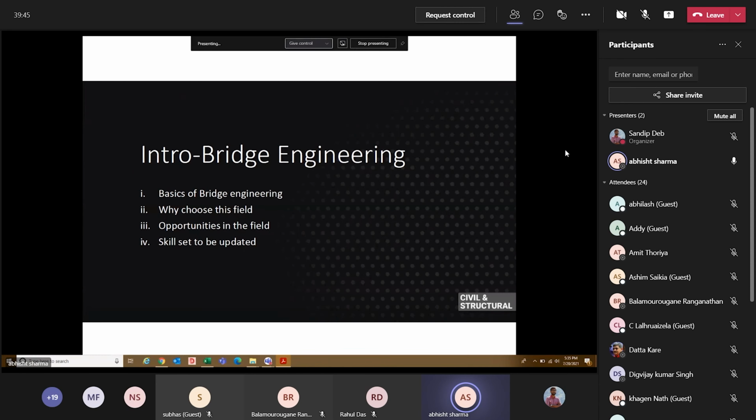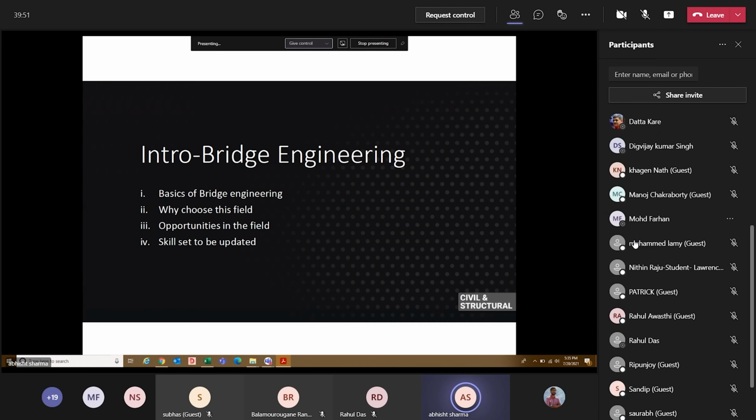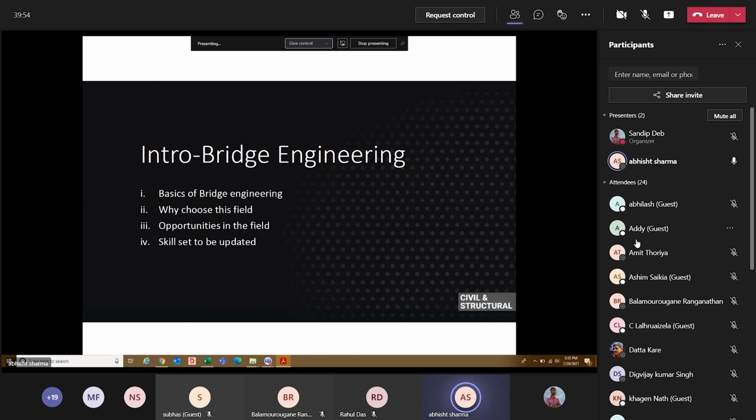So just to introduce the basics of bridge engineering: what different components we have in a bridge, how we decide that this is the location where we have to put the bridge, and many other topics, such as why this bridge, why an RCC slab, why a T beam, why a pre-stressed beam, and if we talk about different arches, steel beams, and different kinds of special structures, in India as well,